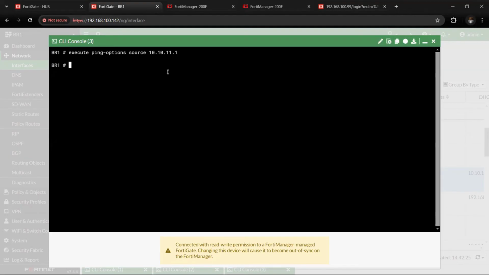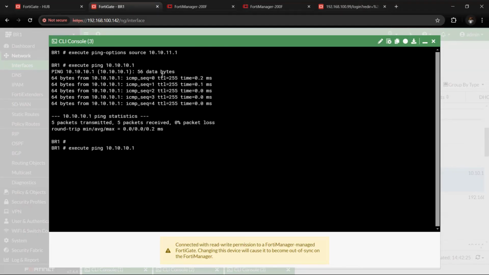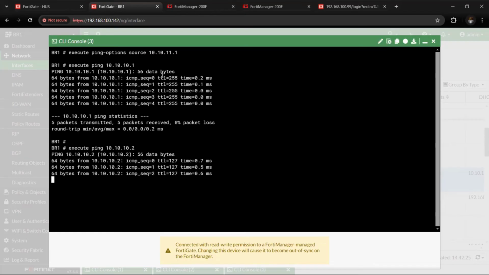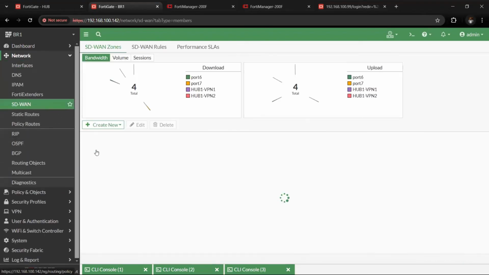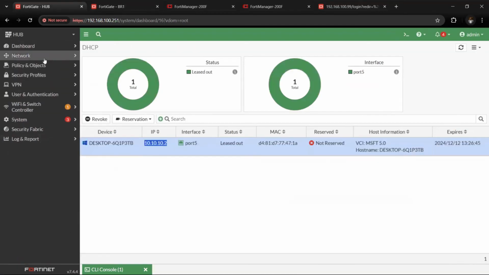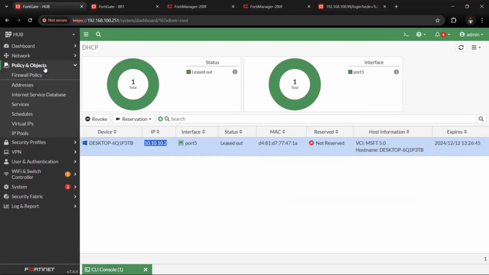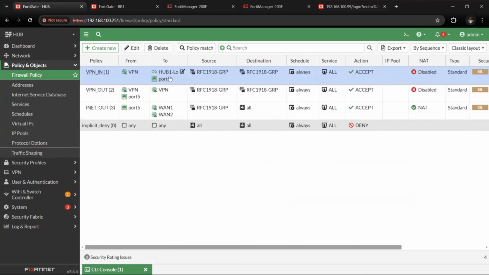So this is the LAN on the branch side. We're trying to source from that IP address 10.10.10.1. Yeah, we're able to reach it. We're also trying, and we're able to reach it. So what we want to do now is to ensure, let's see on the branch side, let's see SD-WAN on the hub. See the two tunnels at the hub, which we're using to reach traffic from here. If you look at this, we'll see a lot of traffic on this, which is VPN